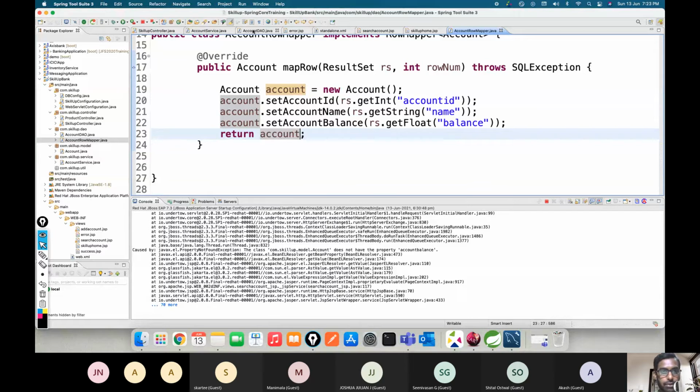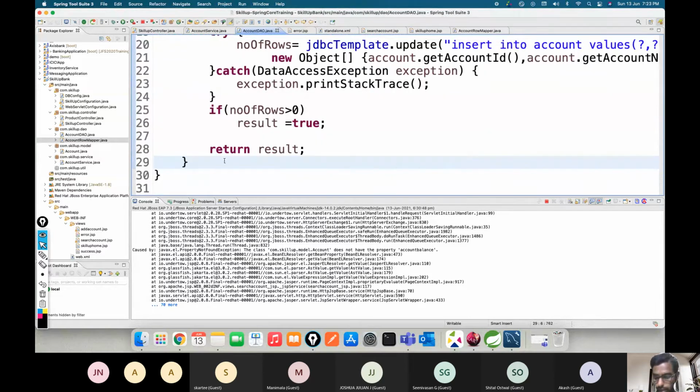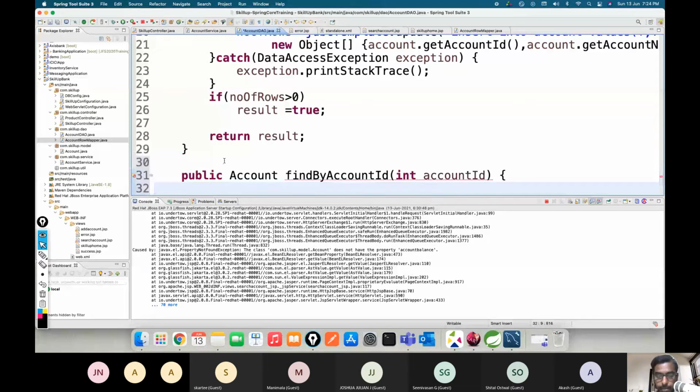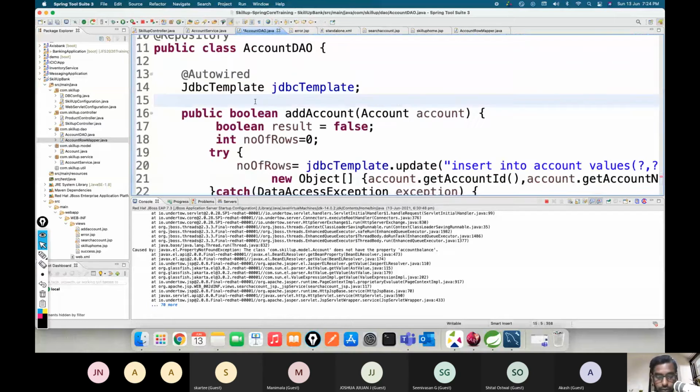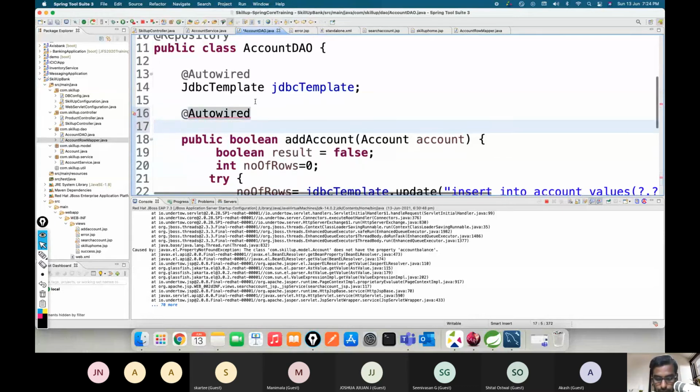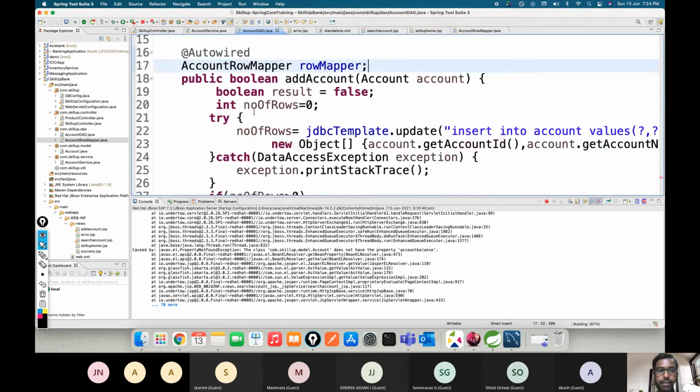Now let's go back to account DAO. Let's quickly create a method. Public return type is account. Find by account ID, int account ID. Then JDBC template. Before that, let's cook up the auto wiring with at auto wired. This way also you can do it for getting the row mapper, account row mapper object, and coming down here,